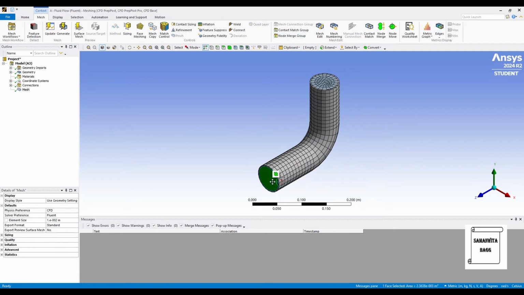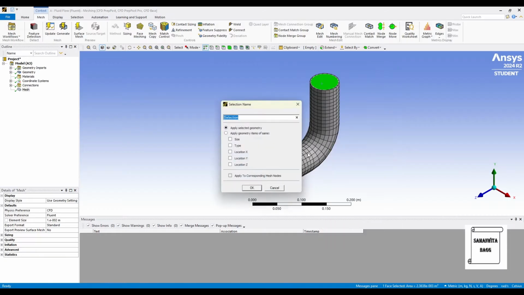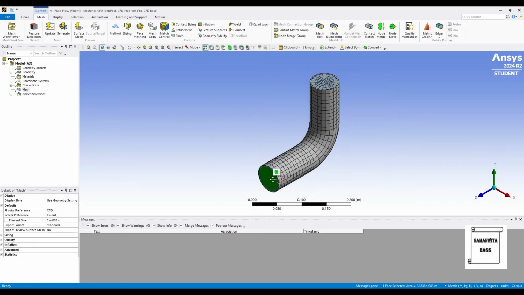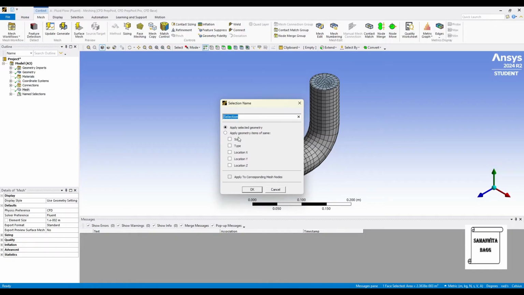Now I'll name these sections. So this is the inlet. I'll right click, create named selection. I'll write inlet. I'll select this one, right click, create named selection. This is the outlet.